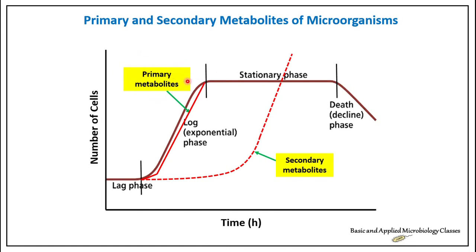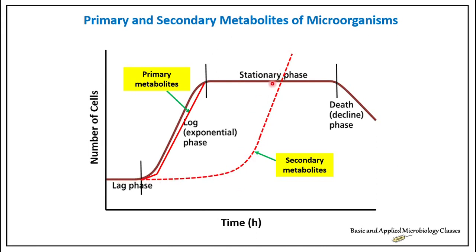Synthesis of primary and secondary metabolites during different phases of microbial growth is also indicating their importance. How? Because you can see here that primary metabolites are going to be synthesized during log phase. The log phase is the phase during which cells maximally divide. It means somehow these primary metabolites are involved in supporting the growth of microorganisms and helping them to undergo reproduction, right? On the other hand, if we talk about secondary metabolites, here the synthesis of secondary metabolites in stationary phase